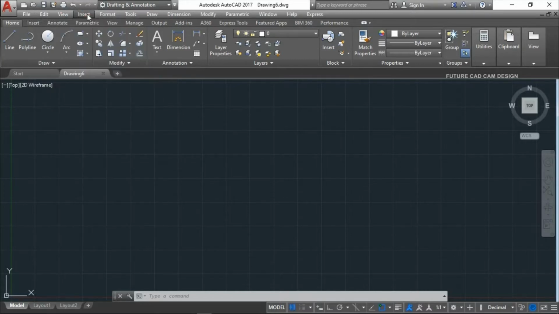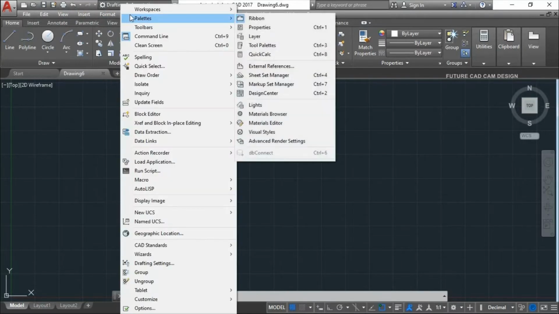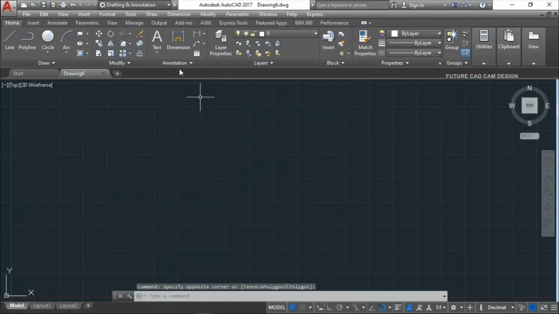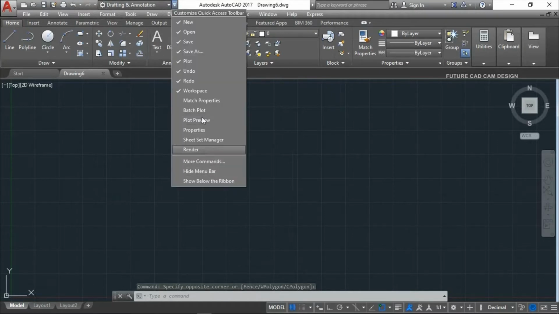Same thing with Insert, Format. All the tools available in AutoCAD you can see here only if you choose this option in the quick access toolbar. If I again close this option, it will disappear. See, here the option is available, Hide Menu Bar. If I click Hide Menu Bar, the menu bar will be hidden.